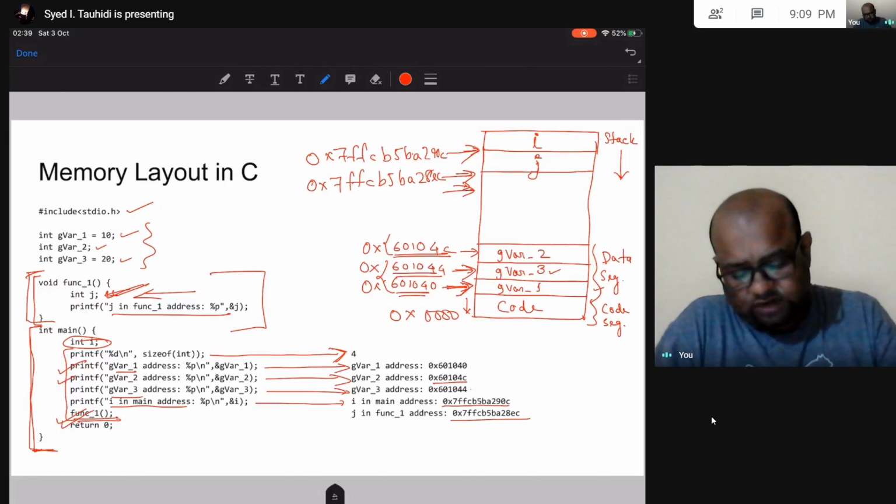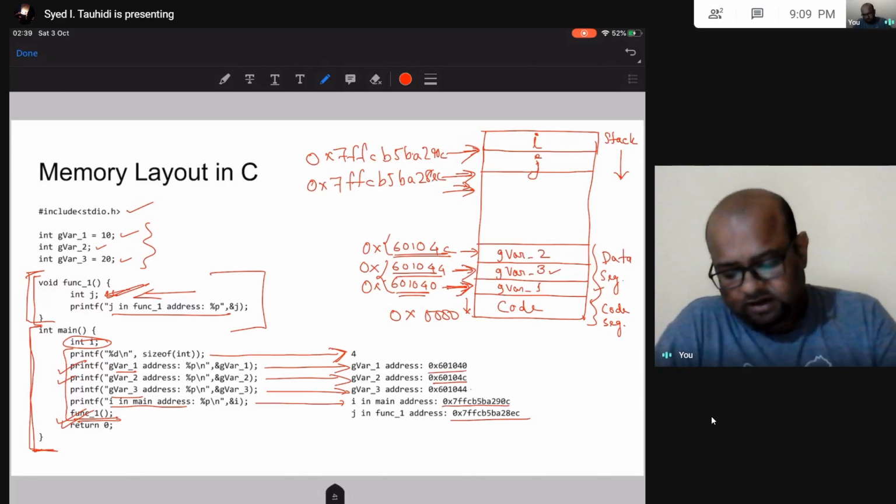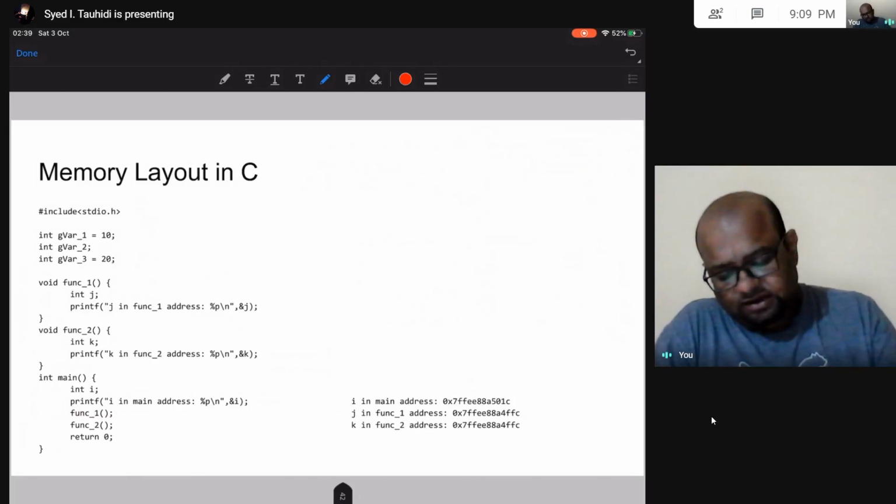So this is all the addresses that I have printed. Now I hope the stack makes sense. Now let us try to understand the stack in a little bit more detail. In this function, once again, I have these global variables.